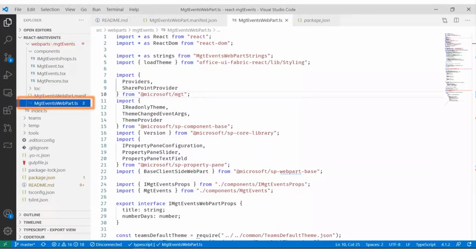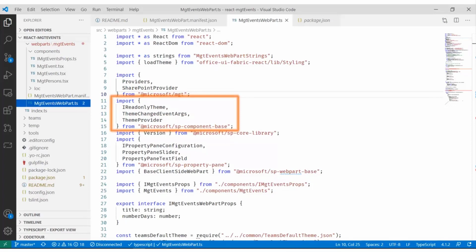Once you've done that, you can go to your web part itself. In your web part, the first thing you need to do is tell Microsoft Graph Toolkit how to authenticate the user that's looking at stuff. Luckily, the Microsoft Graph Toolkit has the concept of providers, right? So there's always a provider that provides authentication. And there's also a SharePoint provider, in this case, that uses the SharePoint context to pass the credentials to the Microsoft Graph Toolkit. So this is the first thing you do in your web part: you register the provider that you want. If you were using Teams, you would obviously use the Teams provider to do this.